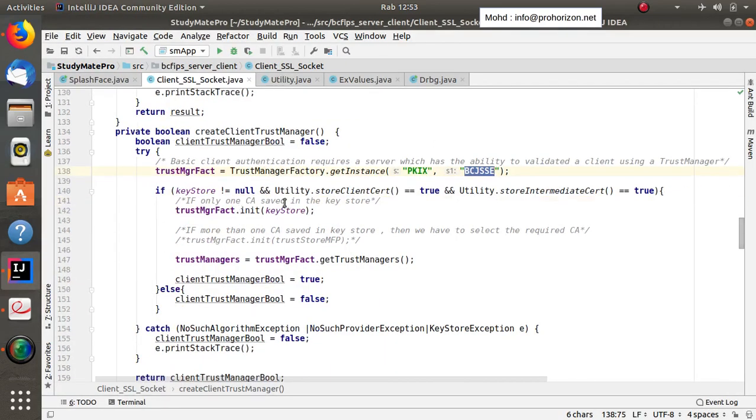If you have one CA, immediately use the Keystore to initialize it, and then once you initialize it, call get trust managers and get the trust managers. The trust managers, as we have said before, are a vault to save one type of certificate material, that is the certificates. So this is what we should do when we want to create the trust managers if our Keystore